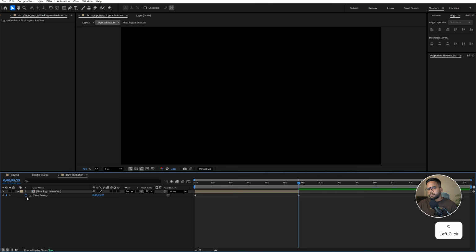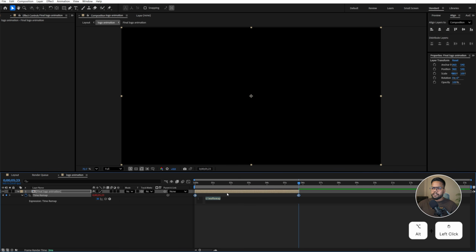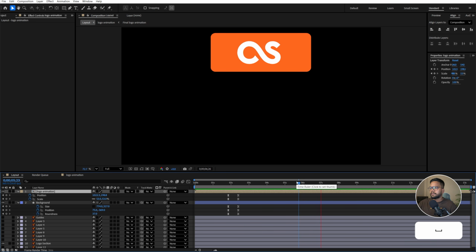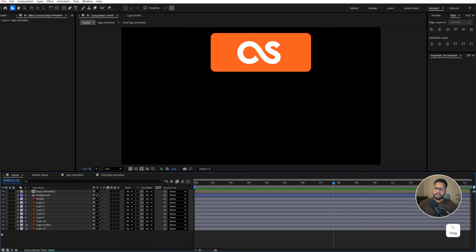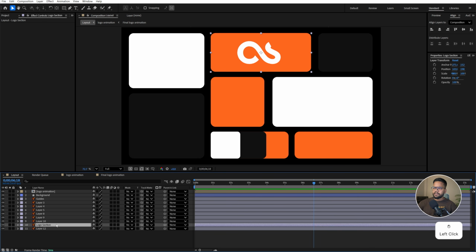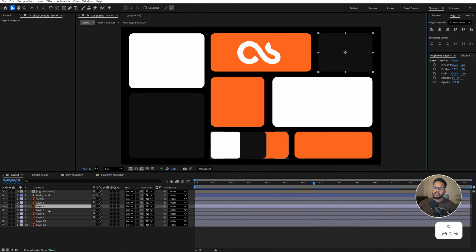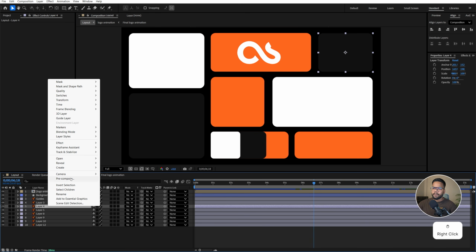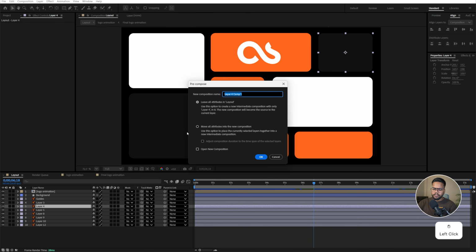And we have to add the expression, so hold Alt, click onto it, add the expression and type loopOut open bracket close bracket and expand this composition till the end and go back to the layout and play this. Enable all of these layers, delete this logo section. Now select the second and we will create the 3D icon, so right click, pre-compose it and name this 3D